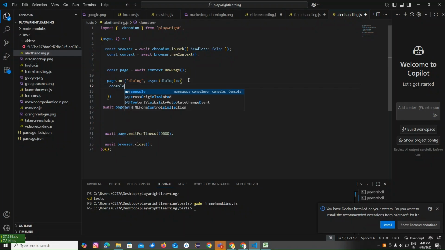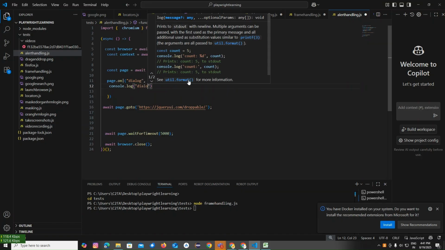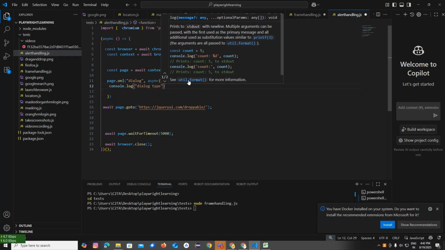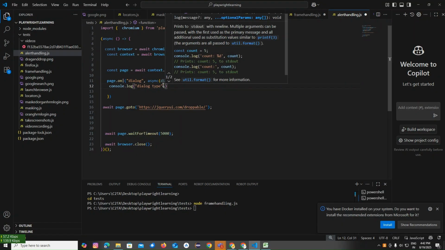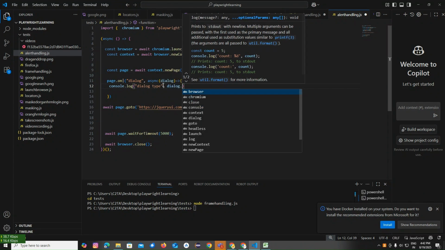Next is console. I'm just making sure the dialog is handled, so I'm going to print it. I'm confirming whether the dialog has been handled. dialog.type